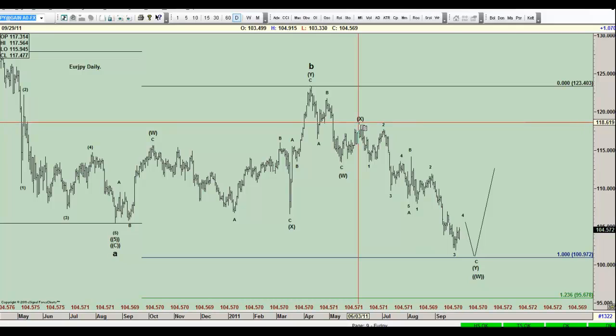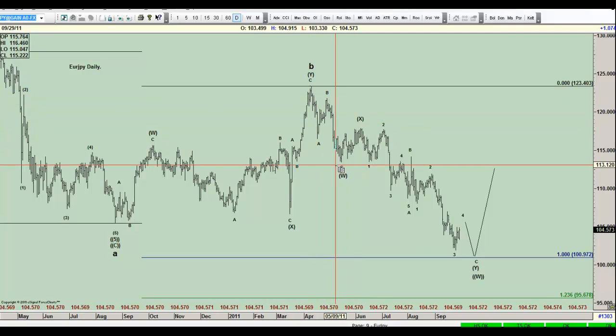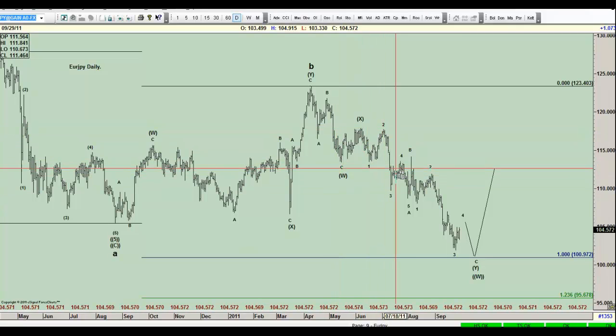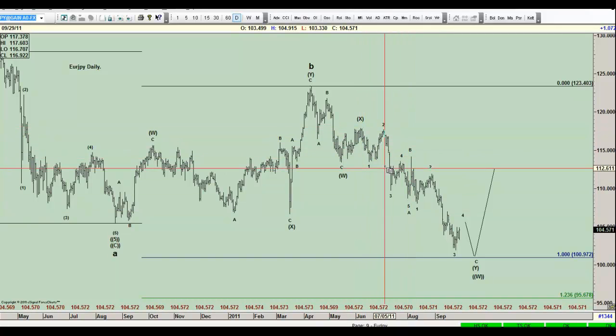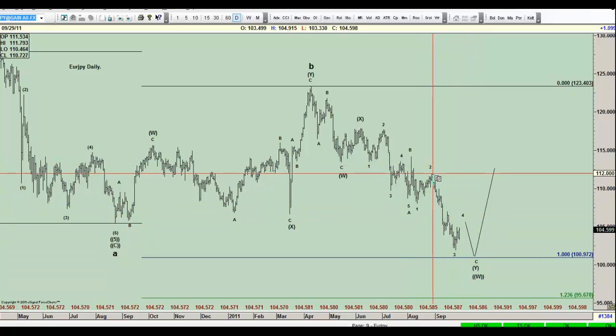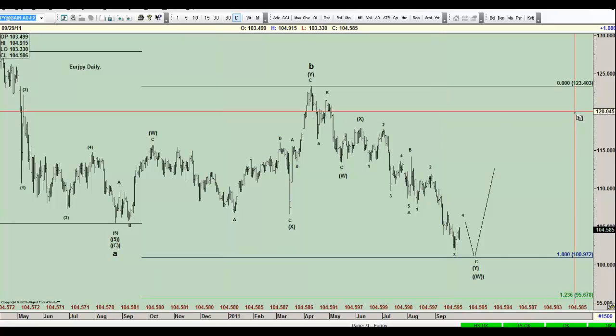ABCWS. We got a 5 here, we got a 5 here, and then right here we got 1 2 3 4 5. This is A, B to the 50% of A, and then we got 1 2 3 4 5 within 3. So what we're spreading this move,